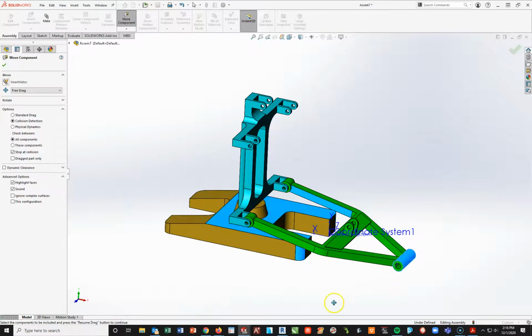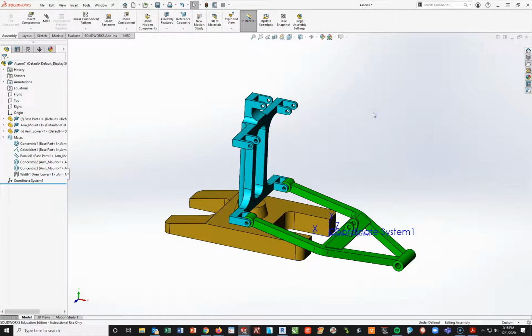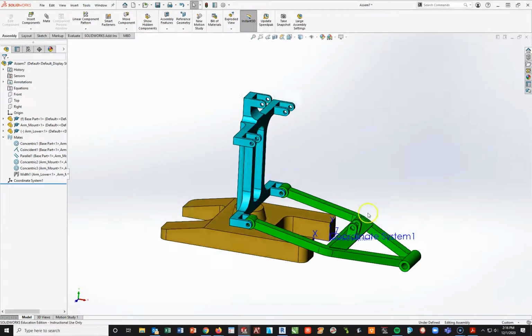It will stop there. Okay? So this is what we want to do. We want to drag it till it stops. Close this off. Okay, now I'm going to go ahead and do a quick front view because